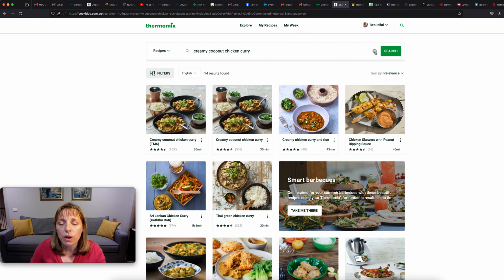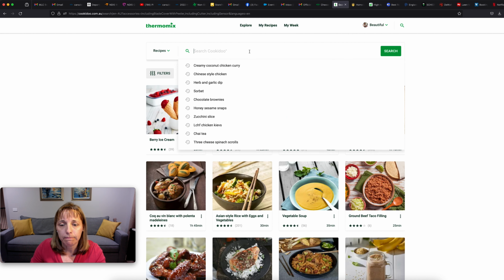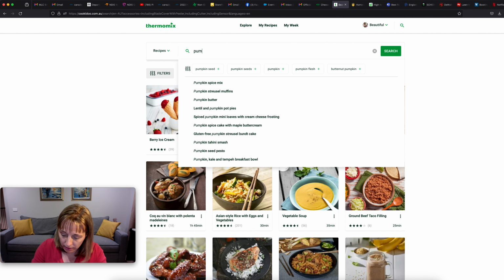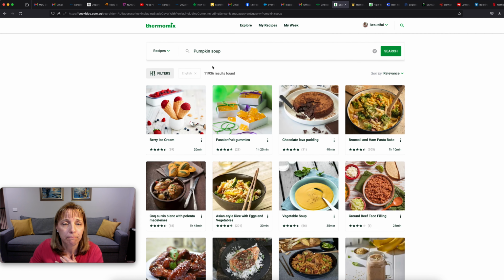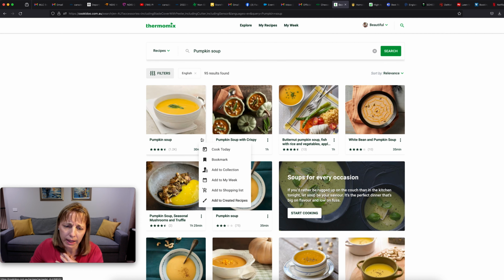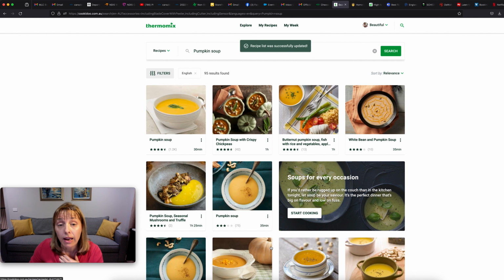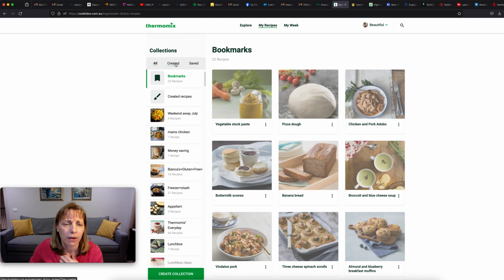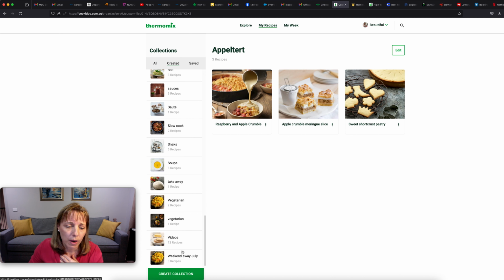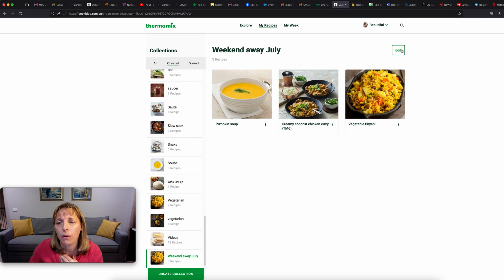And we also would like to eat pumpkin soup. Pumpkin soup in our weekend away. You get the idea, I'm sure. Add that to the collection weekend away. Now we can go into my recipes, created collections, weekend away recipes. We can